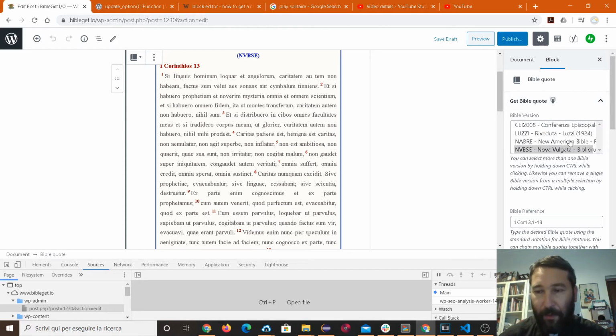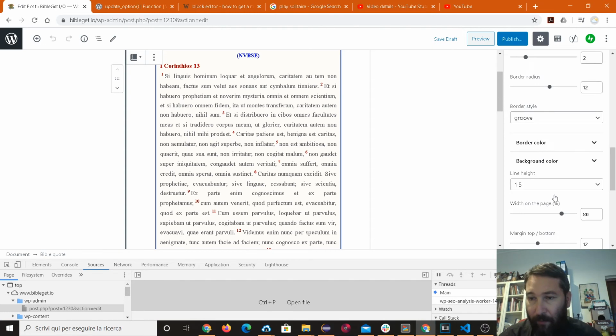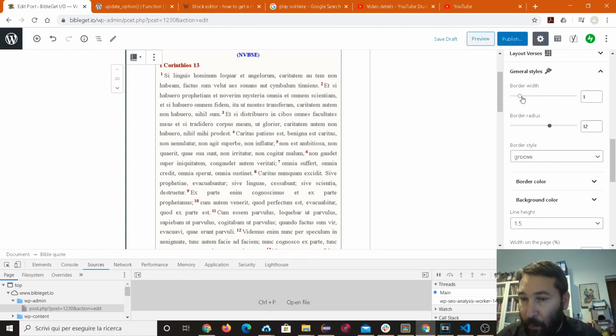And I haven't been able to do that here for the block settings. So there's no font family option here. General styles, no font family option. Let's say we change here the border width to 1